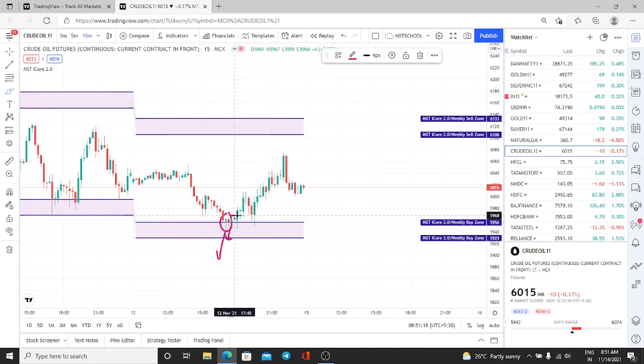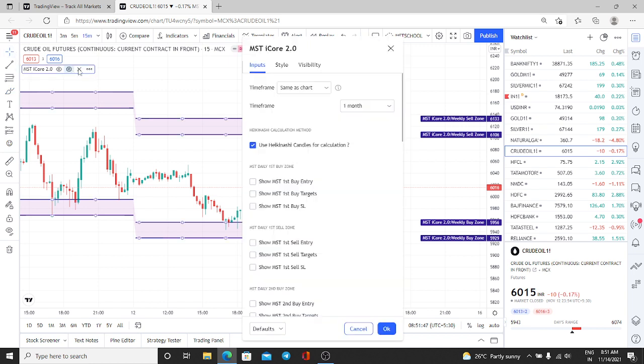Once that green candle's high is broken, you can go for the buy entry by keeping the stop loss at the previous swing low. See that the stop loss is very simple, very small, but the target you can keep up to this level, or up to the first sell entry in the day time frame. You have to practice this a little, then only you can do all these things. Otherwise, you just keep the default settings and trade.